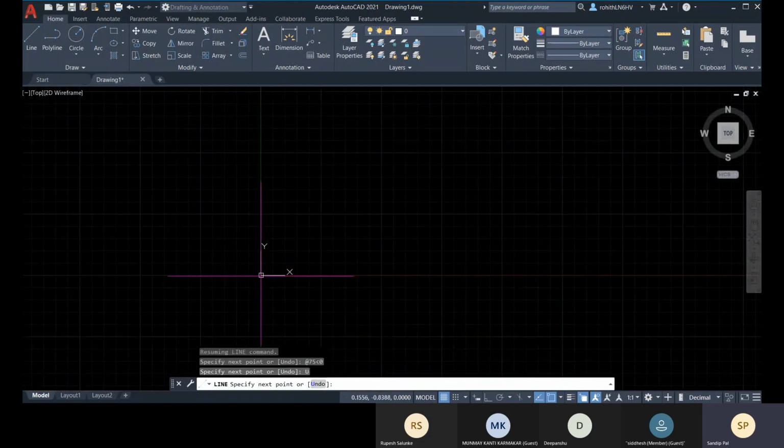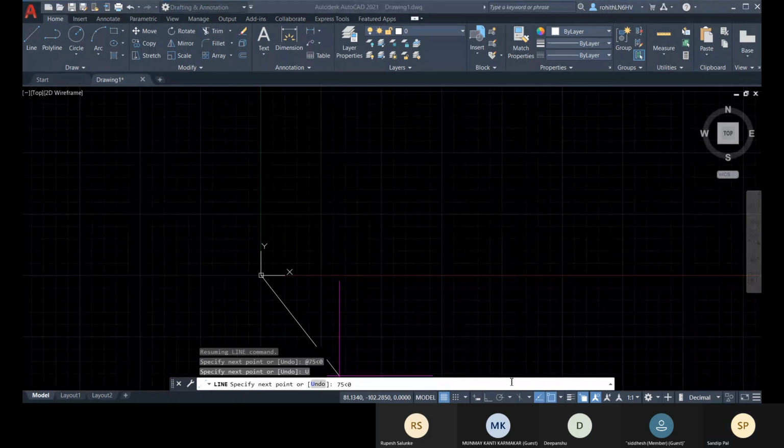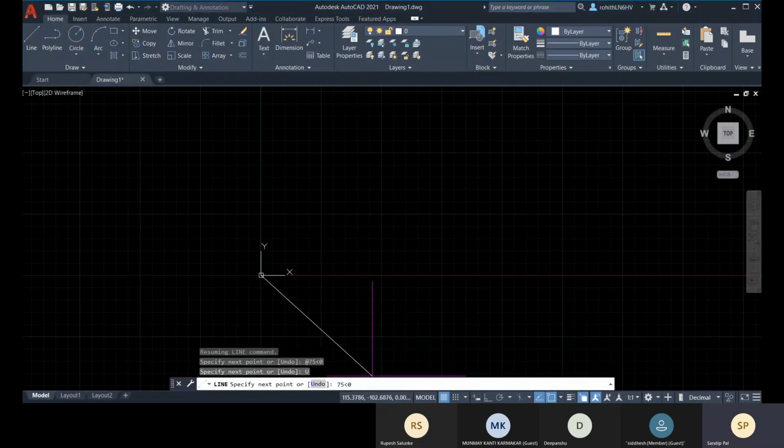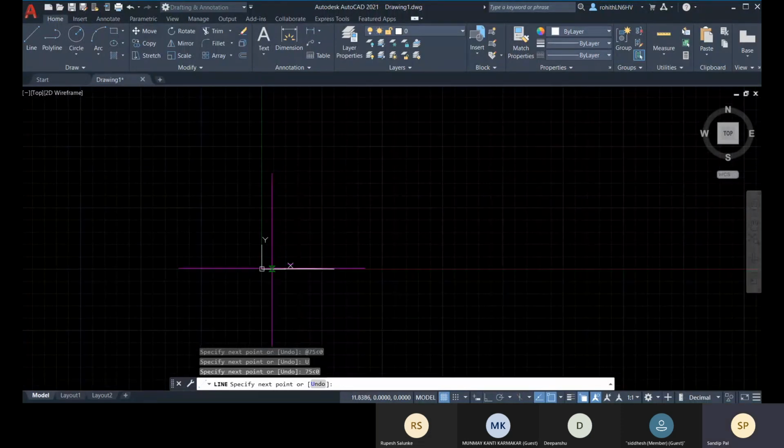So as because your last point was the same origin point, so you can also type at 75 less than 0. You can type 75 less than 0 and press enter. And there you can see from the origin it has calculated.